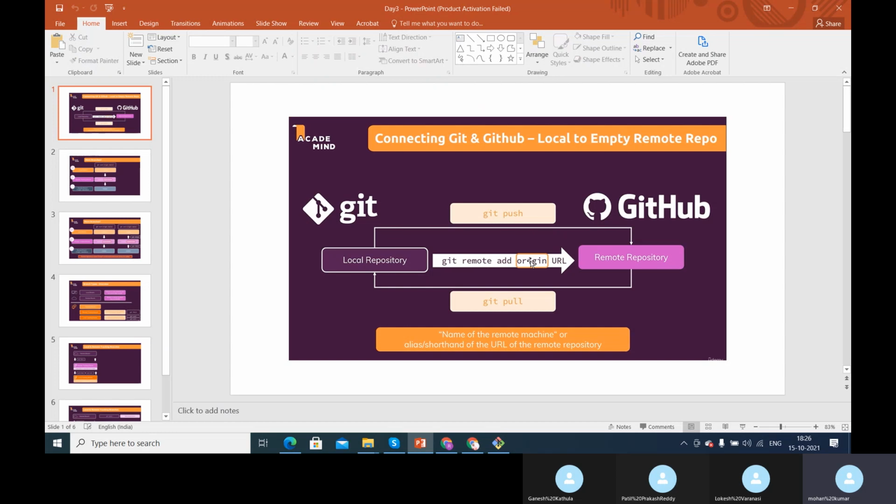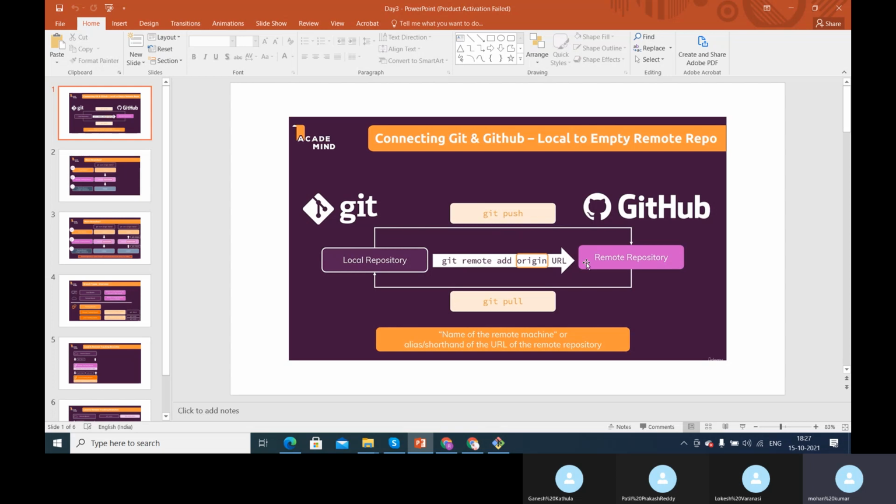Origin is nothing but an alias, it's another name that we use for the URL. So this is the URL that we give, right? We give this URL only one time. Later we are going to use the alias. This alias represents this URL. That is what basically origin means. Origin can be any name, it is up to you, but whatever name you give, it is the alias or the other name for the URL. So whenever in future you want to specify the URL, instead of specifying the URL, you can specify this name.